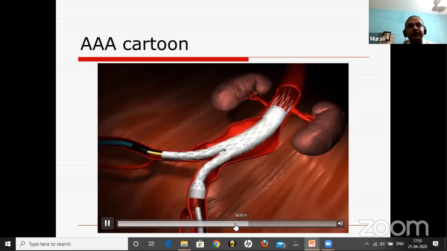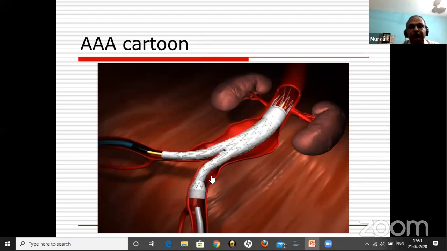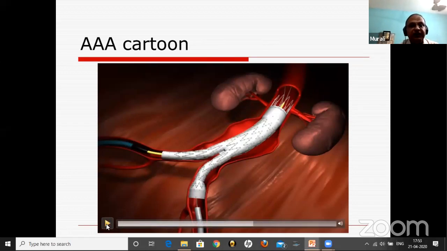So after that, in the Medtronic device, it's very simple. They have this aorta to one iliac, one device, and for the opposite iliac only, you need to add a second branch. But now they have got a 3-piece device also. Cook is always a 3-piece device. So once you place the third device,